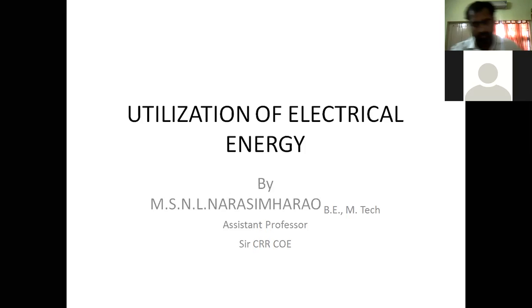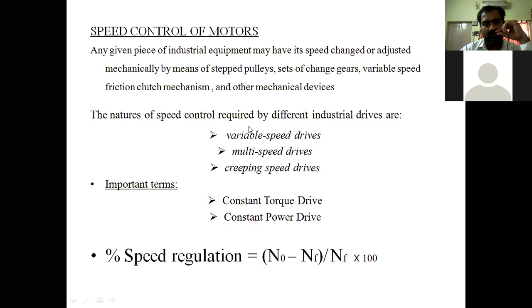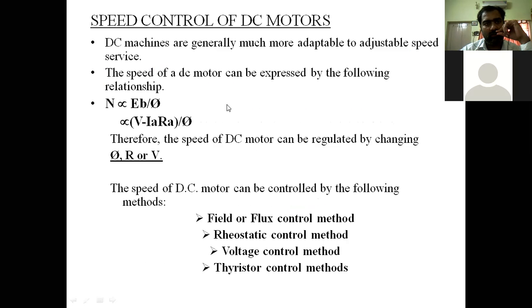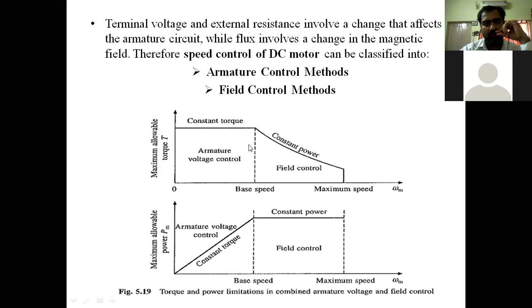So, let us step into today's section. Before going to today's section, let me give an outline regarding the induction motor methods to control your speed. These are some of the drives we have discussed, and these are some of the speed control equations. In the previous classes, we have discussed all these things.